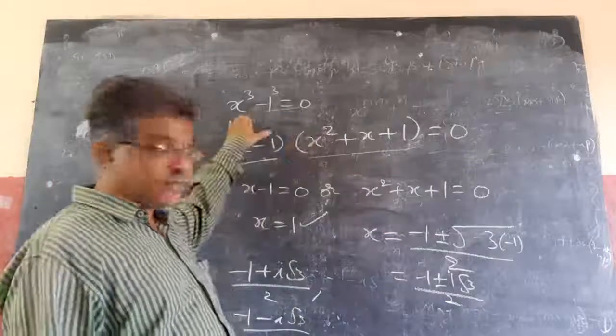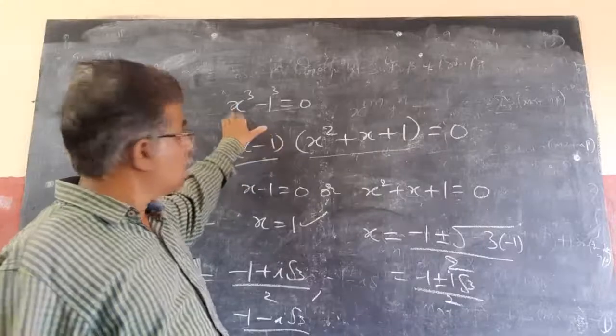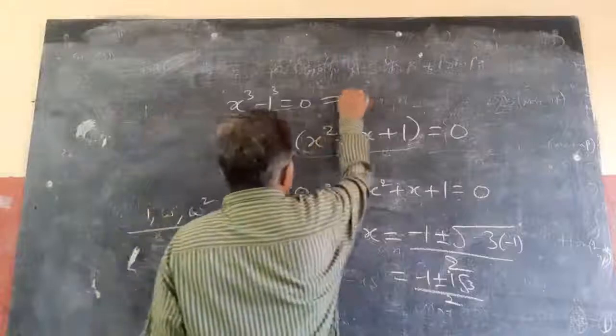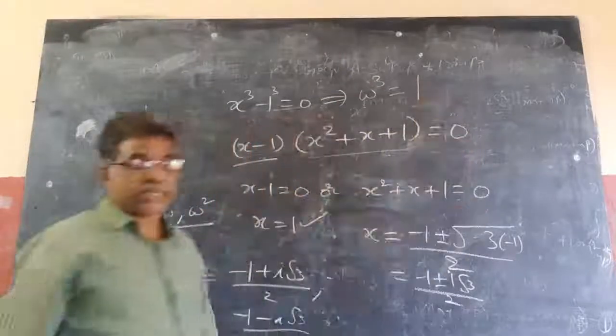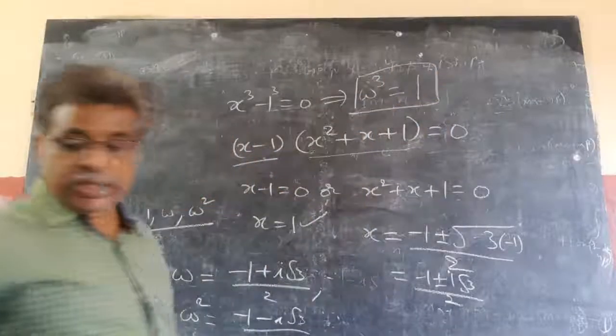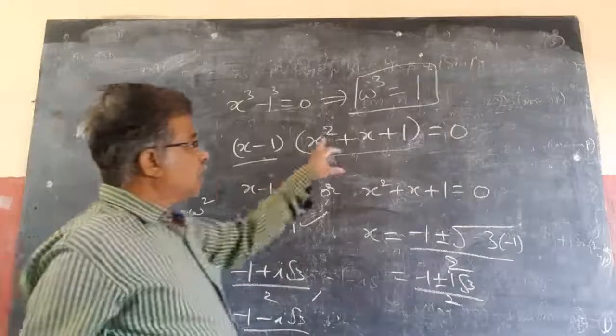So, omega is a root of this also. If I substitute here, what do I get? Omega cube minus 1 equal to 0 implies omega cube is always equal to 1. So, what I want to say is, cube roots of unity means